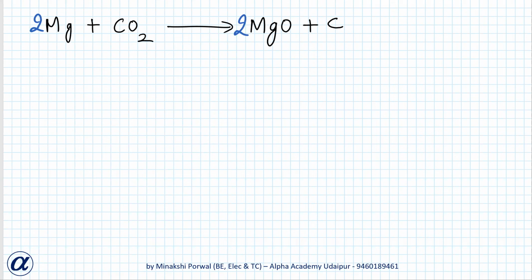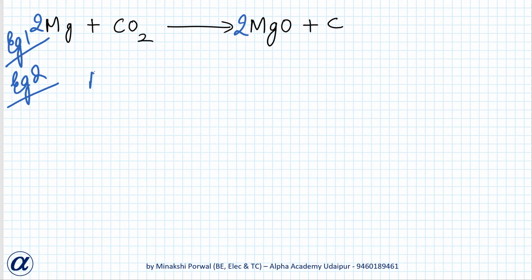So actually, for balancing this type of simple equation, what we will see is which has the most atoms. We can find that oxygen has maximum atoms. So first we will balance oxygen. Balancing oxygen on the product side, we just add a 2 here. It is making oxygen 2. Now magnesium also became 2, so to balance magnesium, we'll add 2 here. And now everything is balanced. So this was the first example of a simple equation.